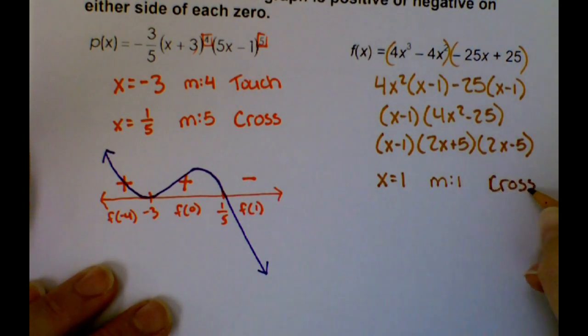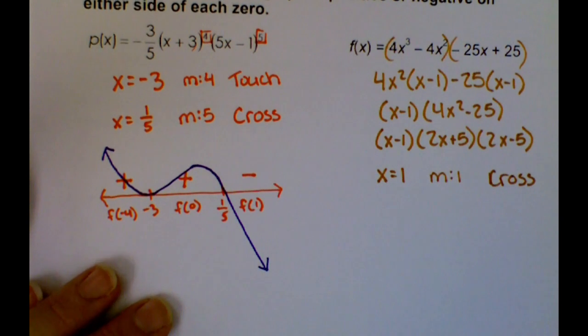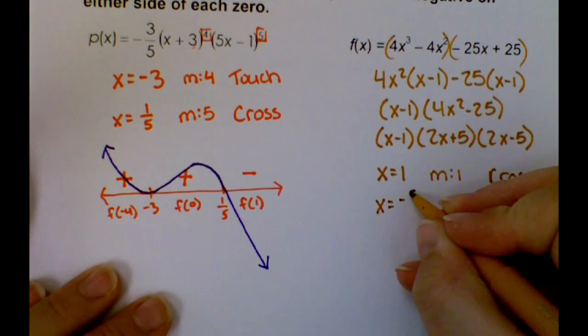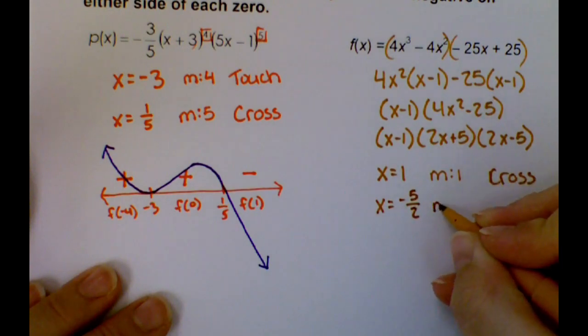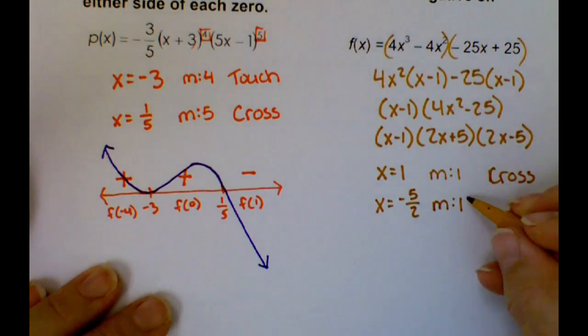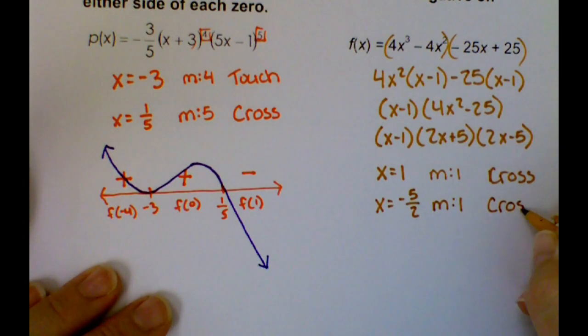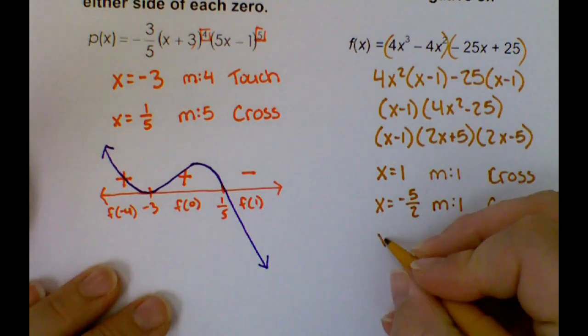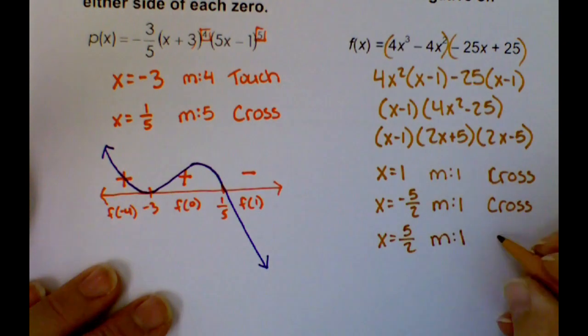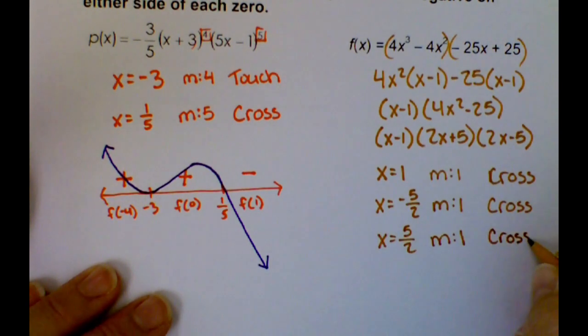I cross the x-axis at 1 because 1 is odd. 2x plus 5 gives me x equals negative 5 over 2, also with a multiplicity of 1 since there's no higher power here. Since the multiplicity is odd, we cross there also. And set my last factor equal to 0. I get x equals 5 over 2, also with a multiplicity of 1, which means I also cross the x-axis